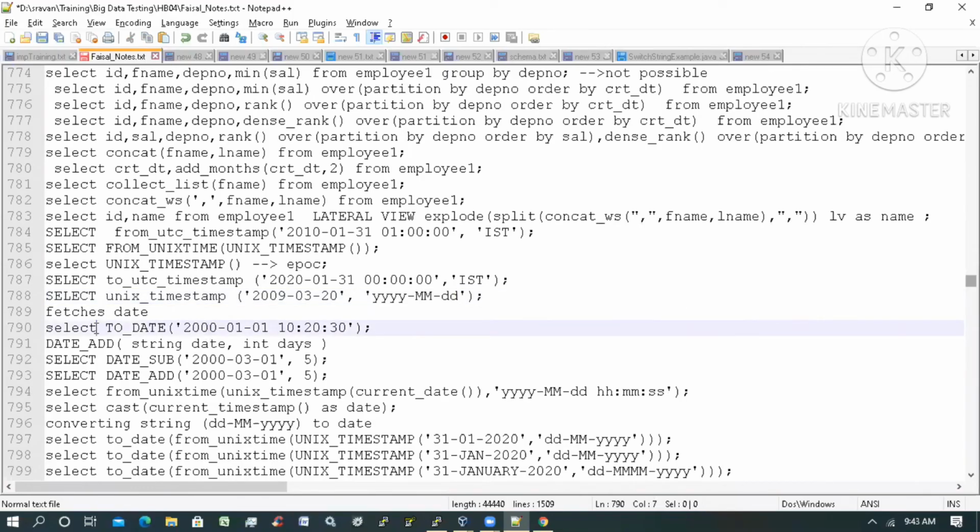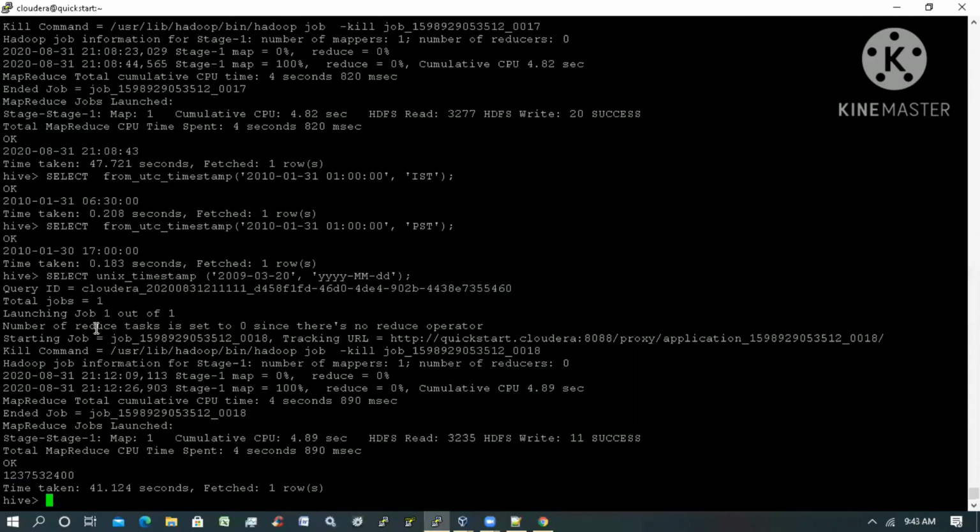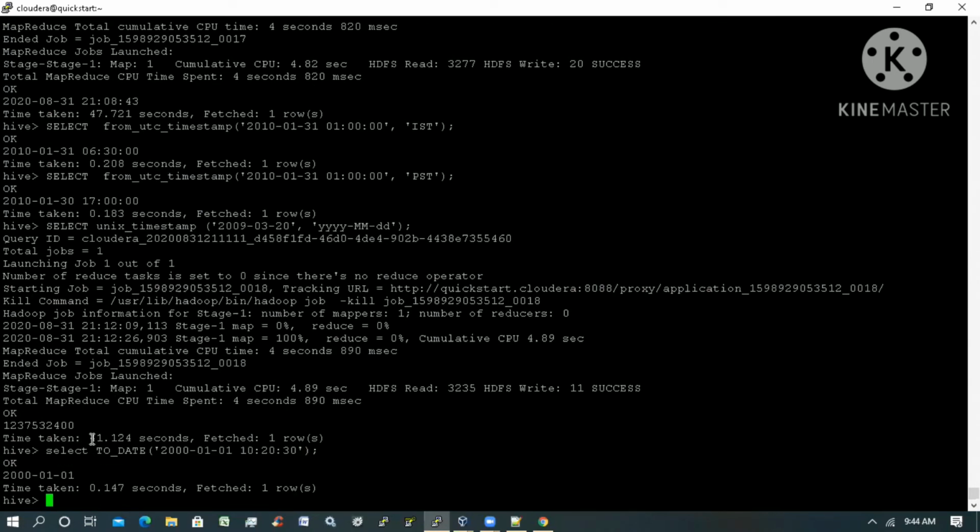And this is converting a string to a date format. This is my standard date format: yyyy-MM-dd HH:mm:ss, with a small mm for minutes. That means if you are giving it directly in this format, and I want to convert the string into a date format, this is a string format. String format to date format, you have the to_date function. Yeah, it is converting with the to_date format.